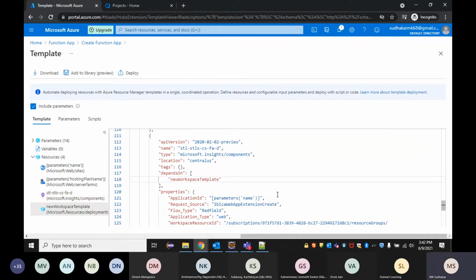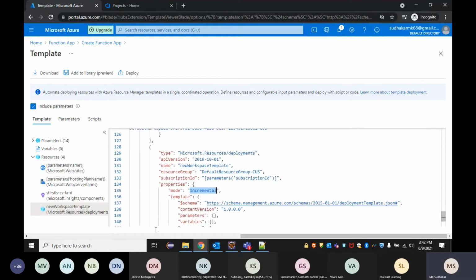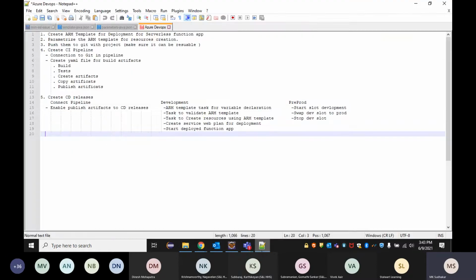Yes, the last resource is the deployment. So we are going to deploy this ARM template, which requires the mode as incremental. When you keep it as incremental, it is going to deploy the required resources in Azure. So this is the 4th one. All this will be created, and we need to create it automatically through Azure DevOps, the 4 steps. But these are very basic steps, which I kept here. Let me walk through the template which I created. I mean, this template requires enhancement, right?